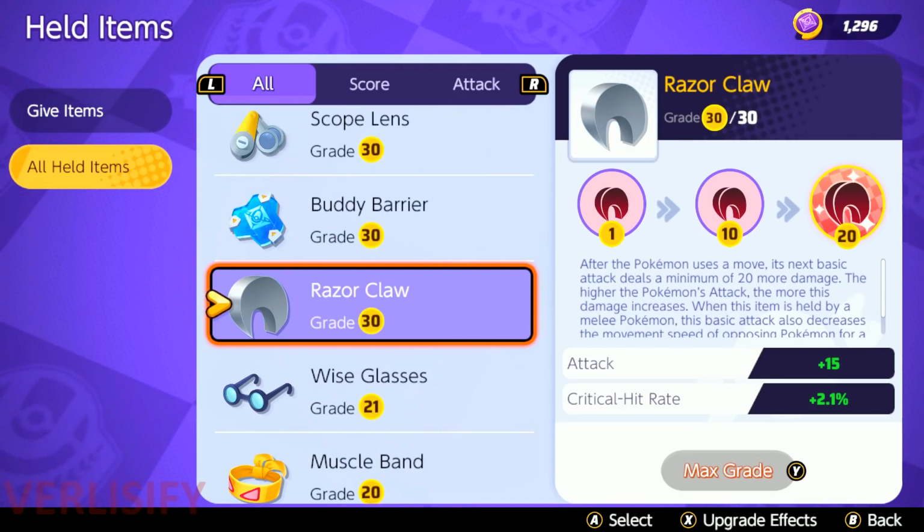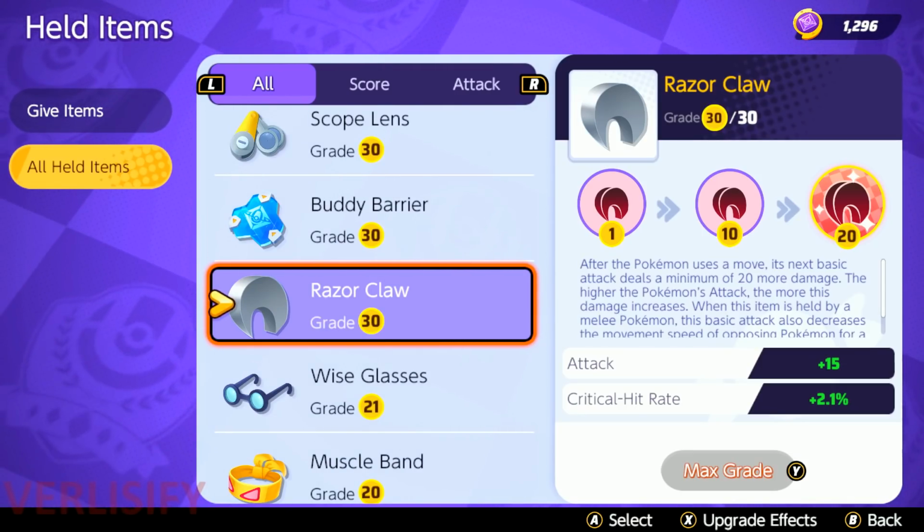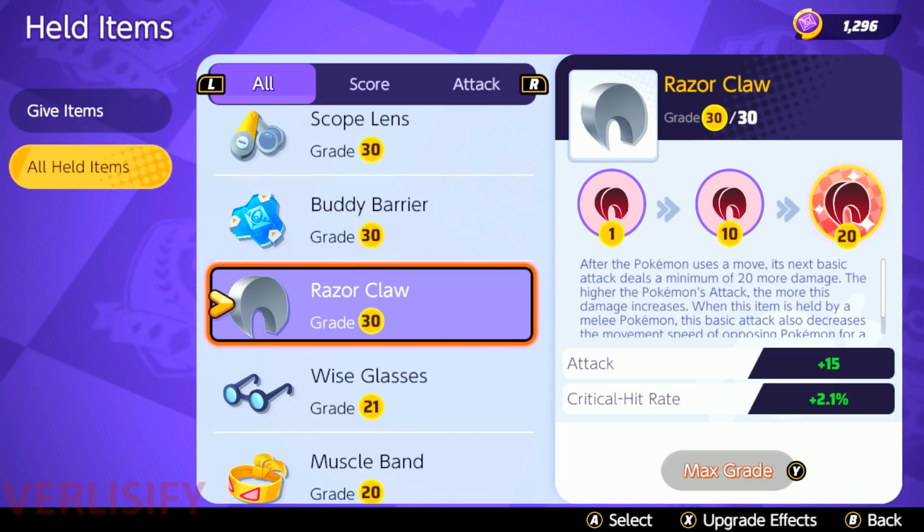The new Pokemon Unite items are busted, and a lot of Pokemon just got new must-use items, and we're going